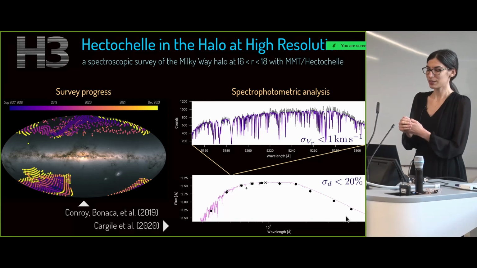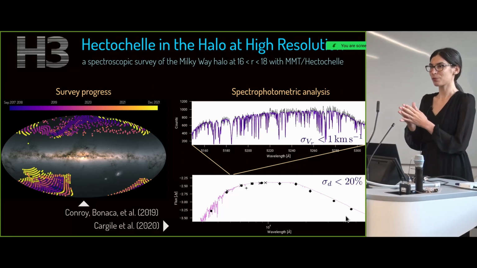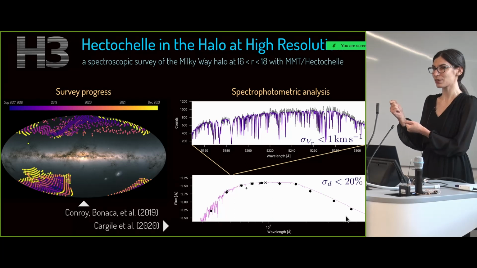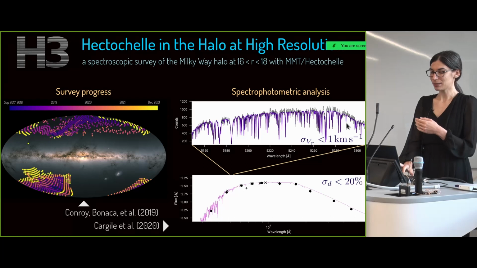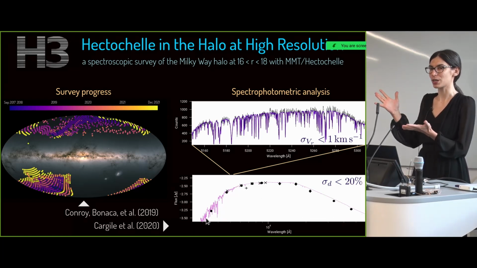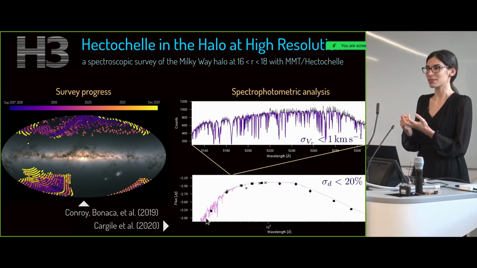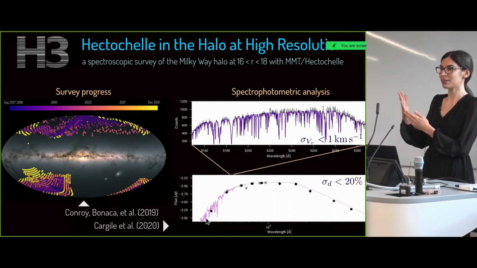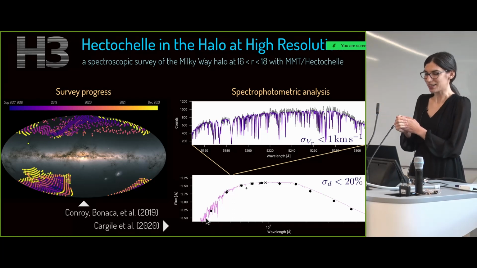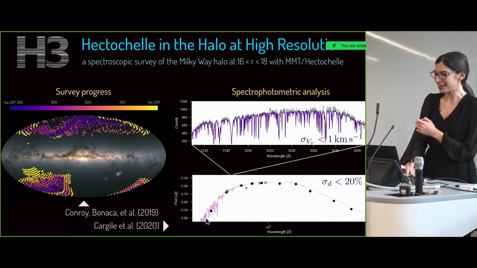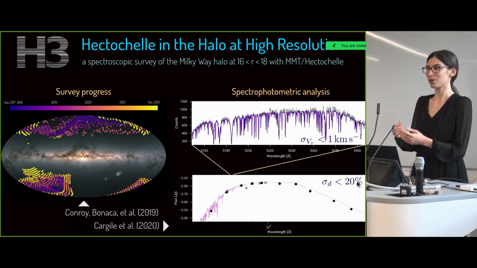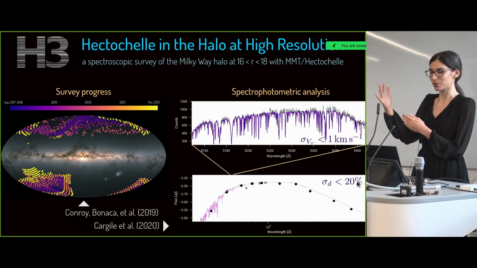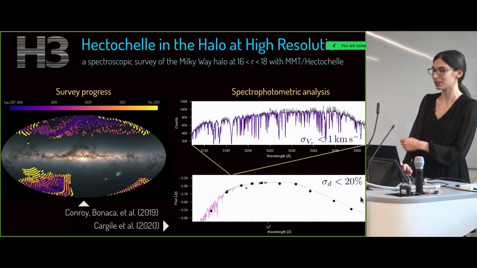And the reason to do that is that we can then take advantage of the temperatures and surface gravities that we measure, or can constrain, from the spectra, and get a better sense of the total luminosity of a star from the broadband photometry. And so in a sense, this gives us an estimate of the total luminosity and therefore the distance to the star. And even though this is not impressively precise, it is much better than Gaia parallaxes, especially in the outer halo. So the precision in distance we have is something like 20%.